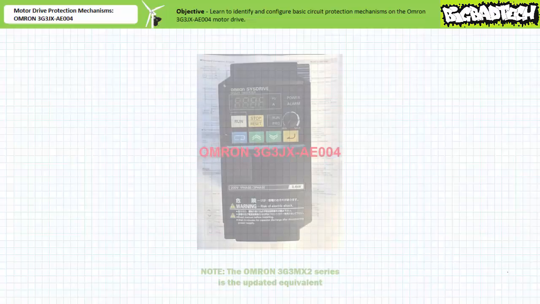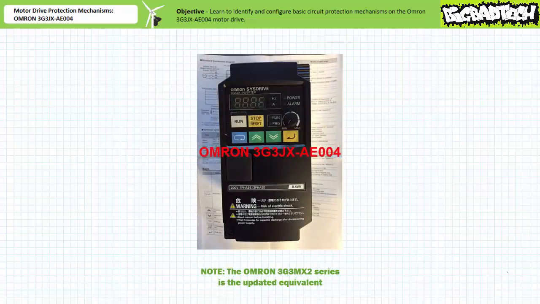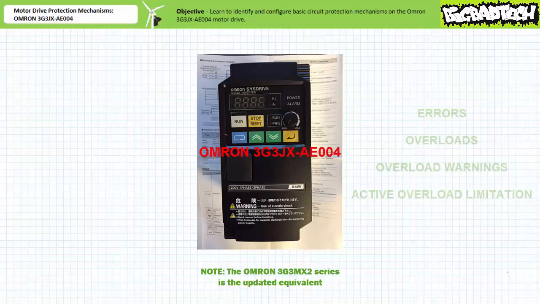I'm your instructor Jim Pytel, and today we'll identify and configure basic circuit protection mechanisms on the Omron 3G3JX-AE004 motor drive. Given the range of customizable features available on this drive, this could be a rather lengthy discussion, but to keep this manageable, we'll limit our discussion to errors, overloads, warnings, and active overload limitation mechanisms employed by the Omron